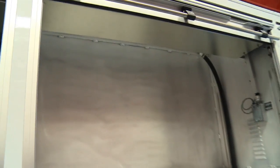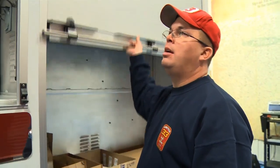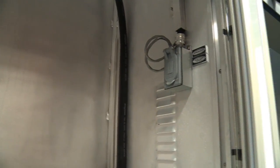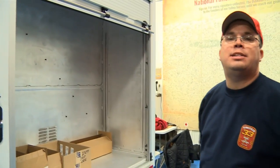As you see now, a lot of these compartments are open. Some decisions haven't been decided as far as what compartments are going or what equipment is going to be actually installed in the apparatus. But we went ahead and installed 120 volt electrical outlets, so for our DeWalt portable drills and saws, we can plug that stuff in, as well as our meters and the things that require battery